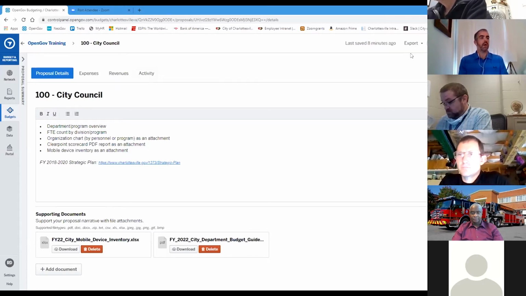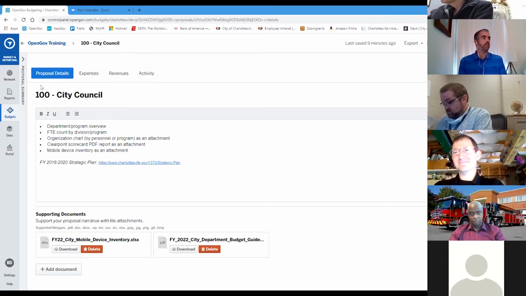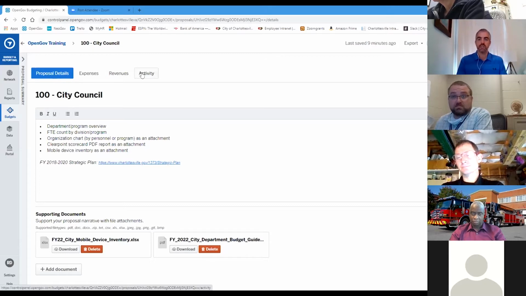One of the things we talked about was that we have a chat function and you can invite multiple people. Multiple people can be working in the same worksheet at the same time and basically be changing the same numbers at the exact same time. You'll see when there's multiple people working, when you click in there, it'll show you a little icon of someone else's initials, so you'll know that, and when you hover over it, it'll tell you what user is also in that worksheet. But in case things get changed and you're wondering, wait, I thought I changed that, and the other person thought they changed that,